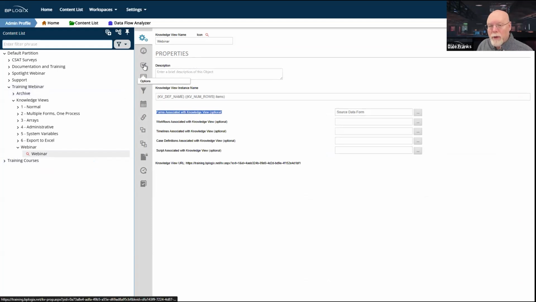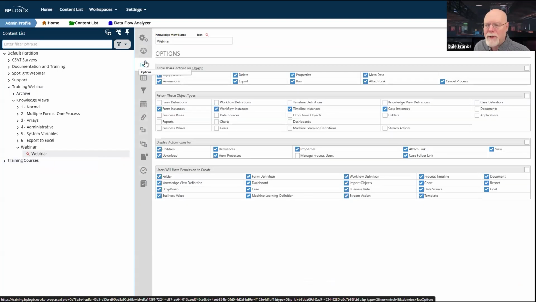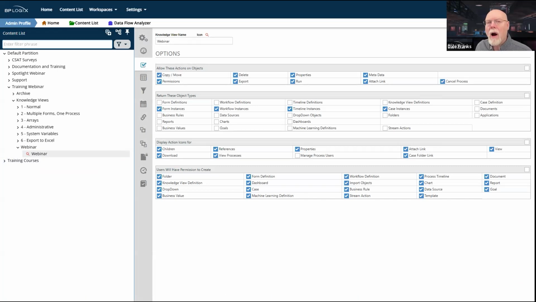If I want to filter the rest, I really need to go to the Options tab. So we're going to skip the Configure tab for now, although we are going to come back to it, and indeed come back to it several times. But we're going to go to our Options tab. Now, our Options tab gives us a variety of options that can be used to determine what the end user sees.